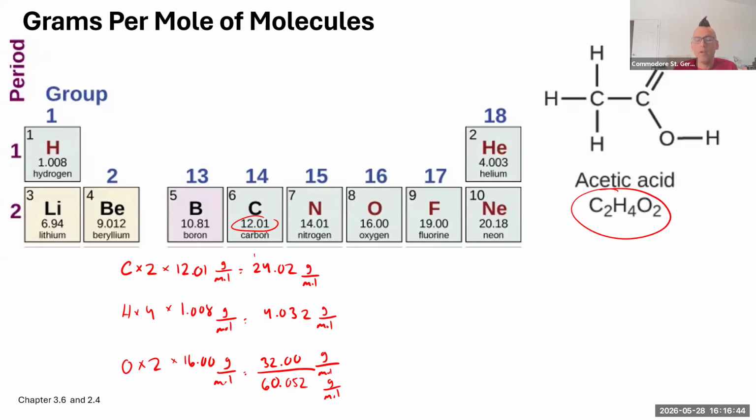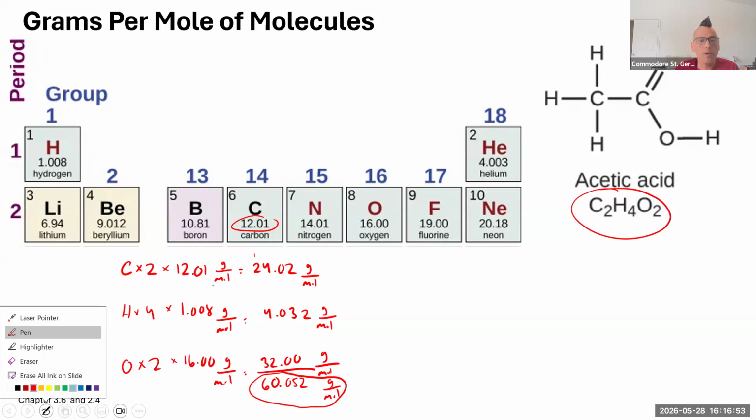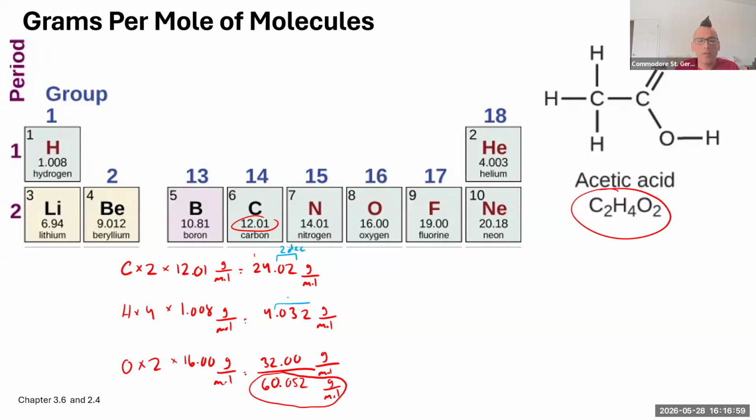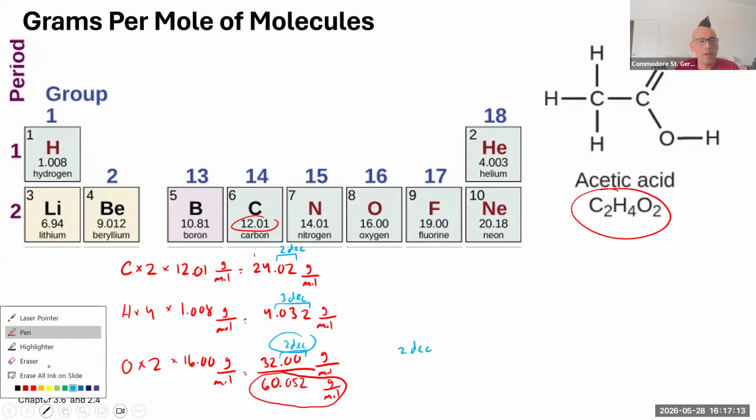But again, we have to do sig figs, right? So this is our answer for now, but we have to do sig figs. I'm going to do this in blue. Here there are two decimal places. Here there are three decimal places. Here there are two decimal places. So we have to use two decimal places in our answer. So that's going to be